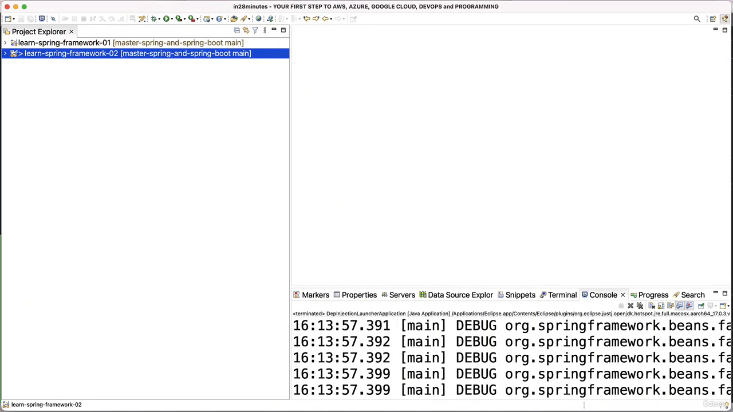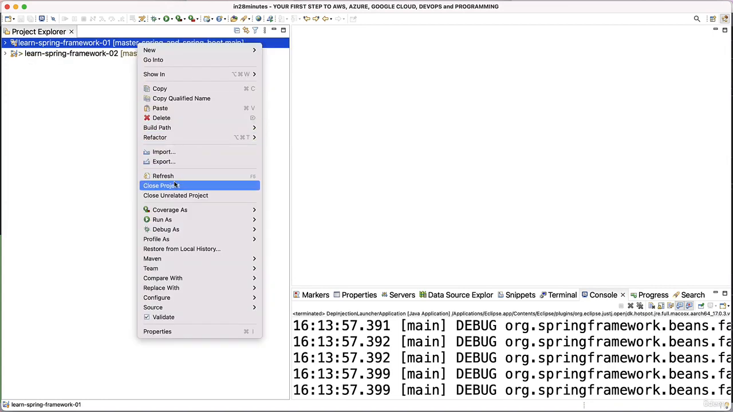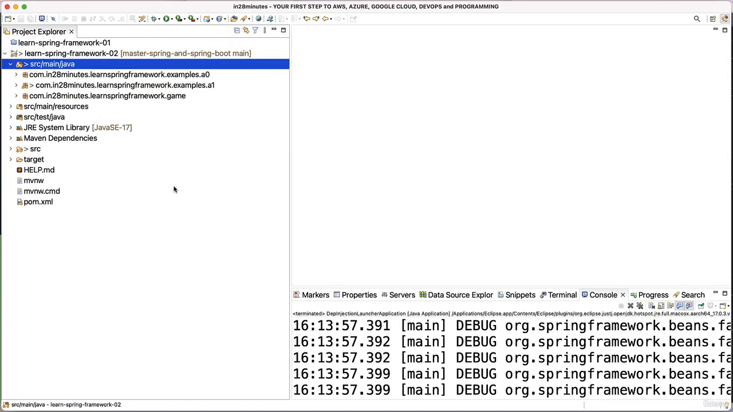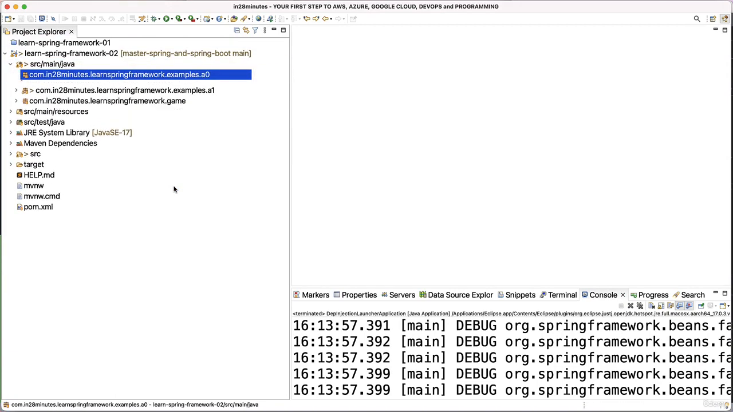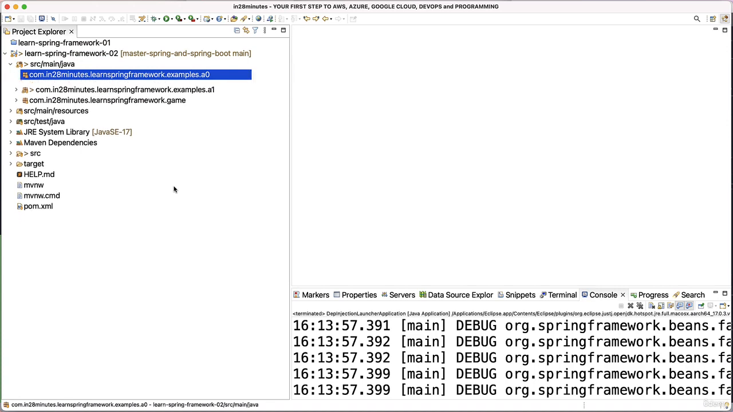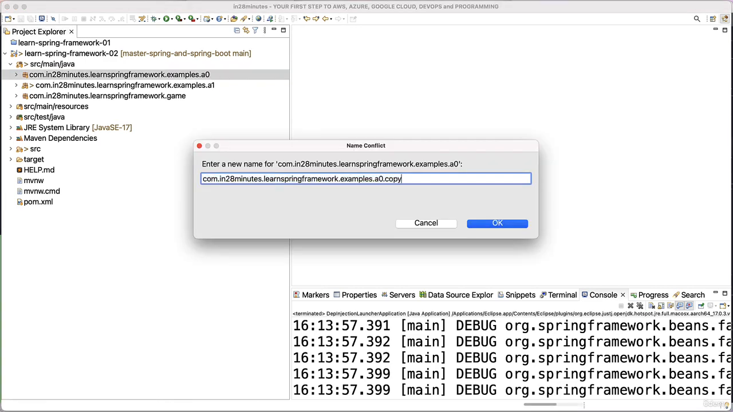I'm going to Eclipse. I'll close the first project, Learn Spring Framework 1. I don't need it, so I'll say close project. And we already have a simple example to launch a simple Spring context. So simple Spring context launcher application. I'll use that as the starting point. I'll do a Control C and Control V on the A0 package. I'll do a Control V and I'll call this